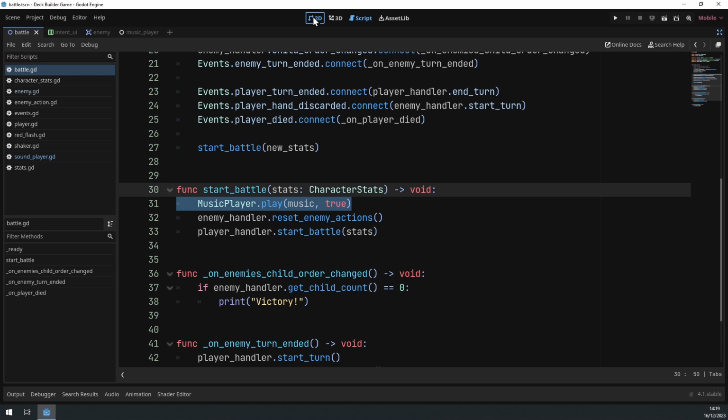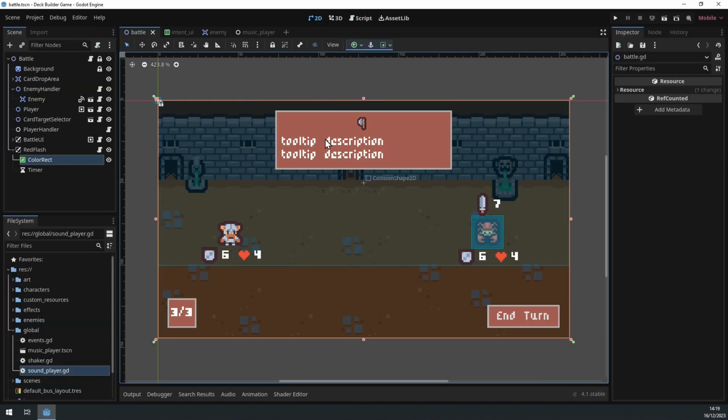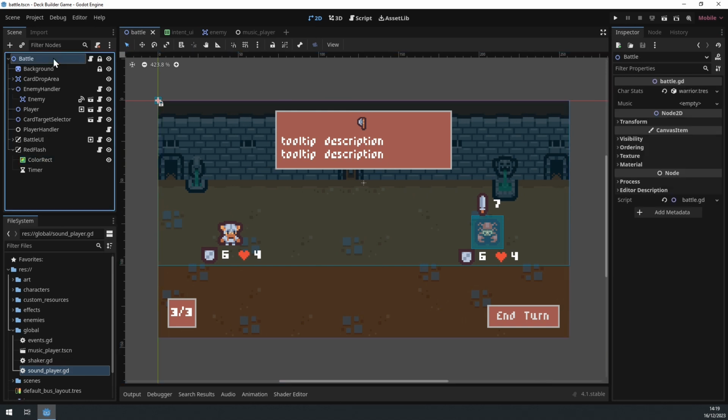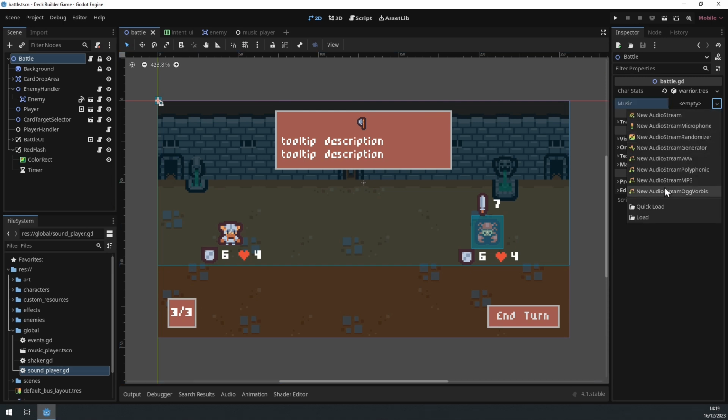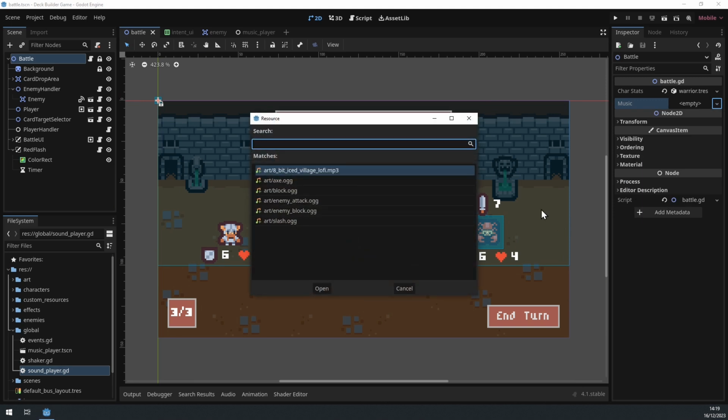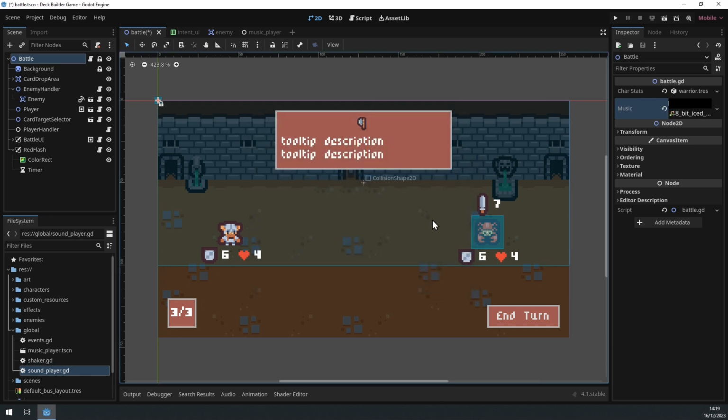And if we go back to 2D view, we can set this new music track for the battle scene. So if we select the root node, the battle node, you can see that we have this new export variable for the music, and right now it's empty. So if we click on this little arrow and press quick load, you can see all the sounds we have in our project. And this 8-bit Iced Village lo-fi track is the one I've been using for this game. So click on open. And now if we run the game,